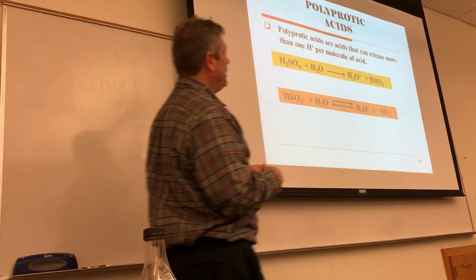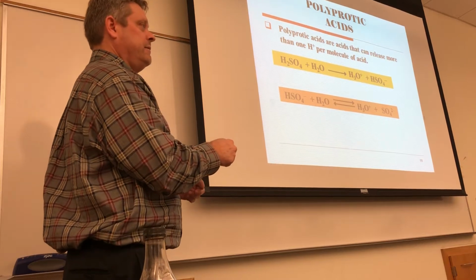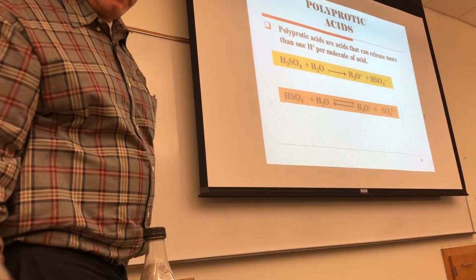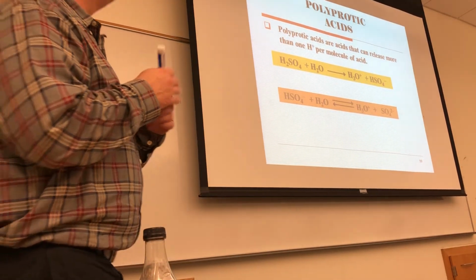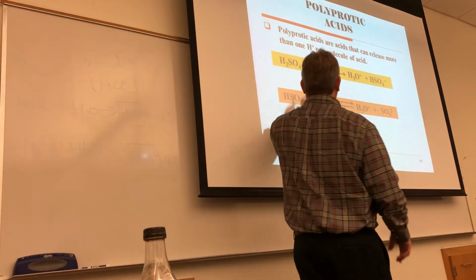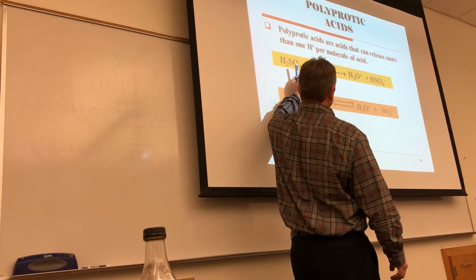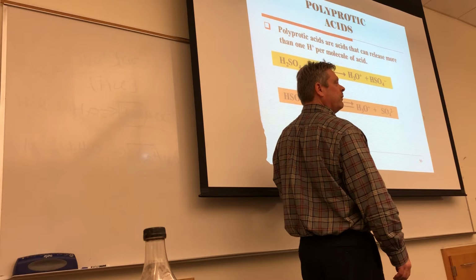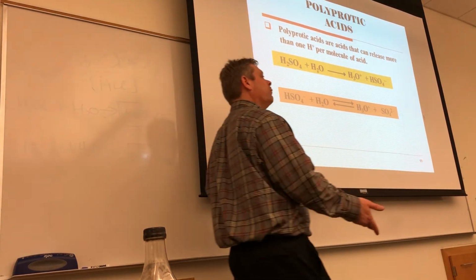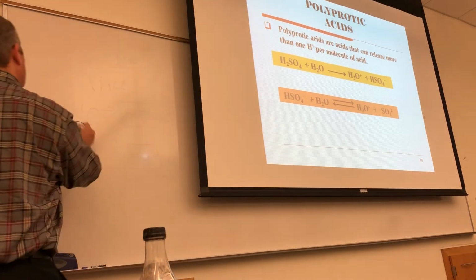Yeah, because you've already lost a hydrogen, which in this case and usually will reflect an ion. So if it's a polyprotic acid, the first one may or may not be strong, but if it's strong, every subsequent one will be weaker than it no matter what. And usually they'll be weak acids. So real quick,